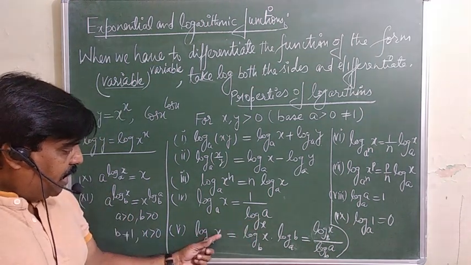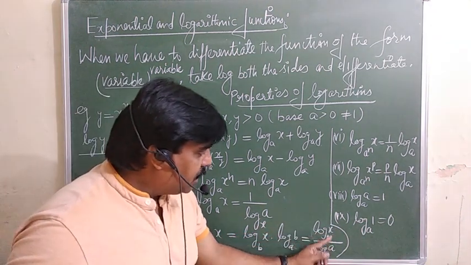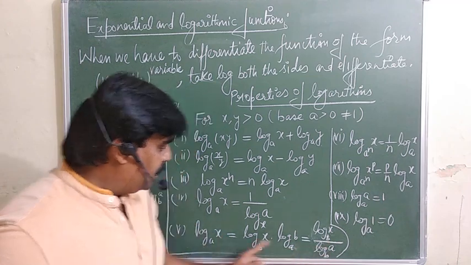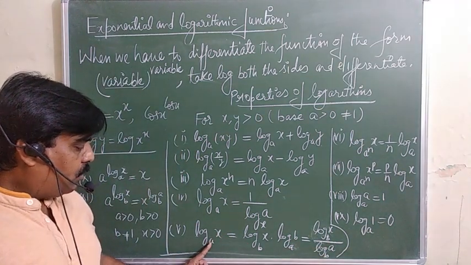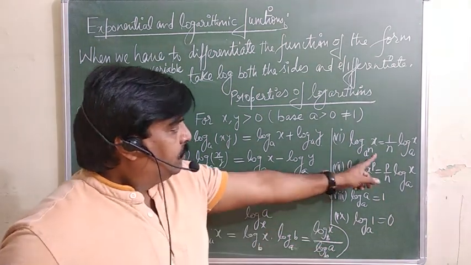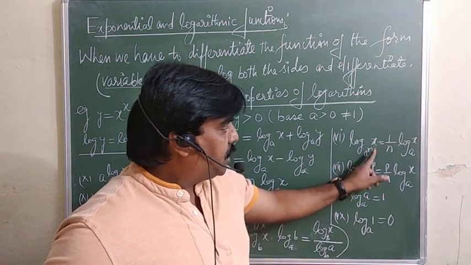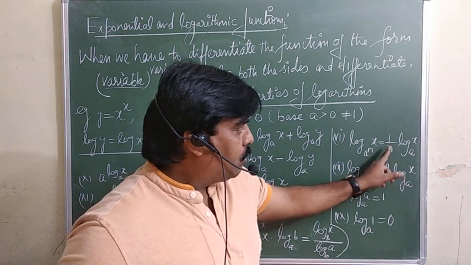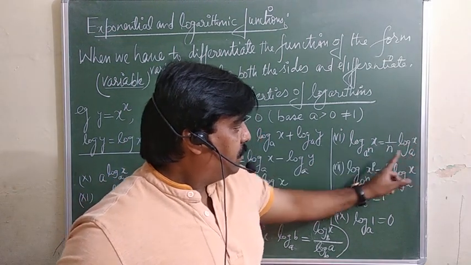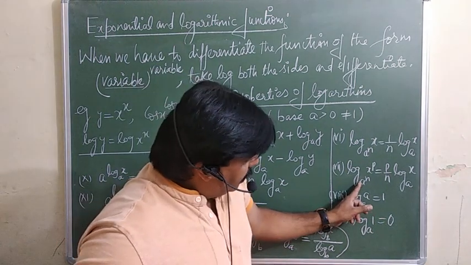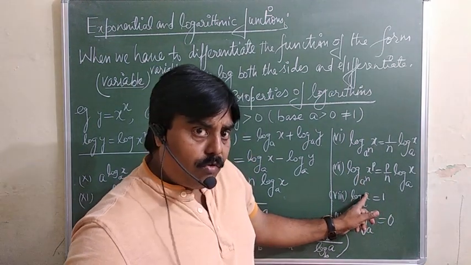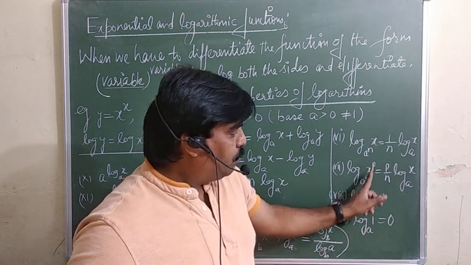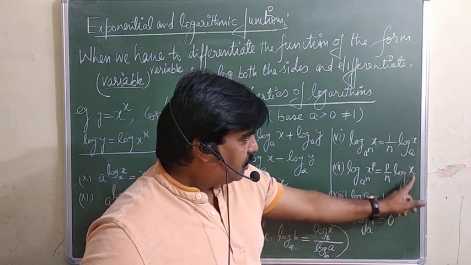Similarly, log x base a can be written as log x over log a, and we can introduce new bases here. B is here. So log x base b over log a base b is here only. Similarly, if the base is given an exponent, that can be written as 1 over n log x base a. Similarly, here is suppose the base is also given in the exponential form, and the term is also given in the exponential form. That can be written as p over n log x base a.